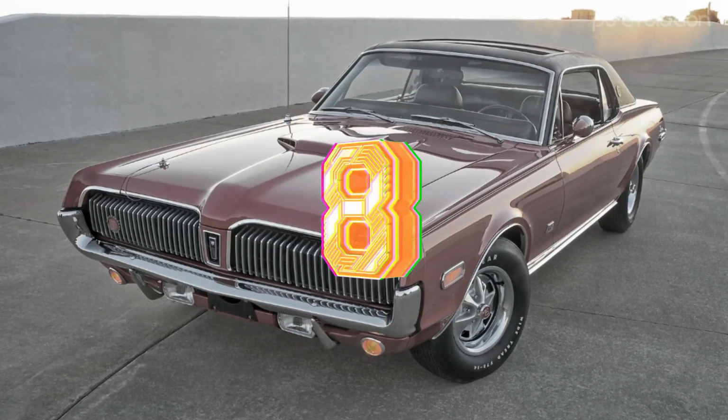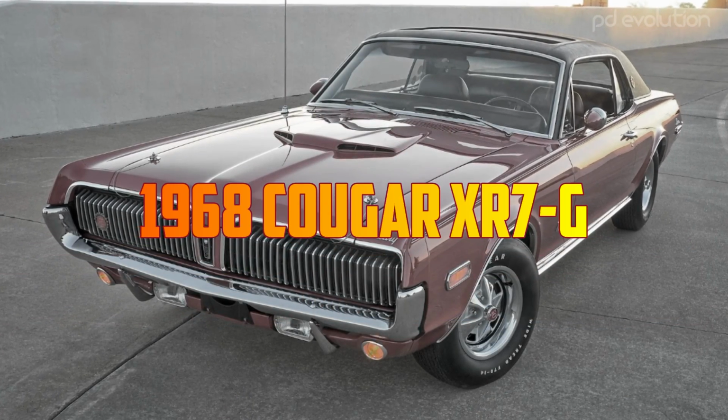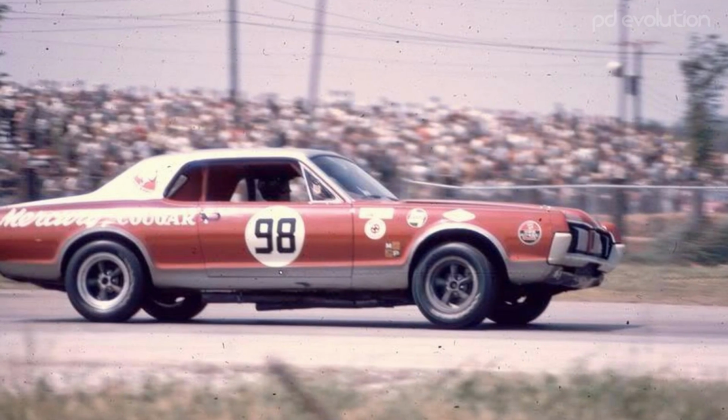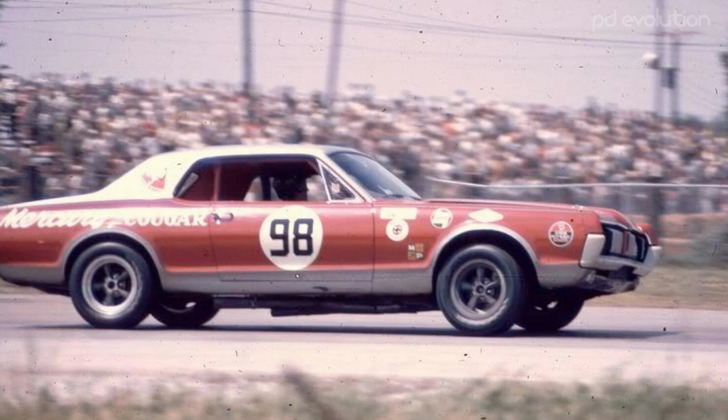Number 8. 1968 Cougar XR7G. In 1967, famous race car legend Dan Gurney teamed up with Lincoln Mercury as the team manager